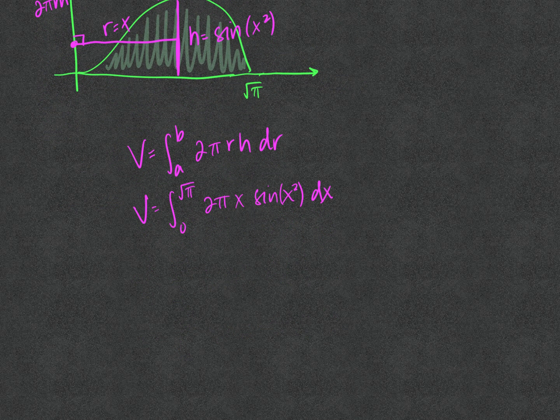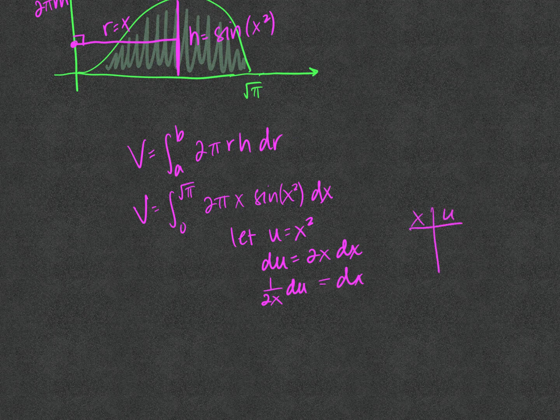So when we do this, the problem is that we have an x squared here, and you can't integrate x squared. So let's let u equal x squared, and then du is going to be 2x dx. So dx is 1 over 2x du. And we need to talk about bounds. So we're switching from x to u. Our top bound is the square root of pi, and our bottom bound is 0. So when x is the square root of pi, u is the square root of pi squared, which is pi,